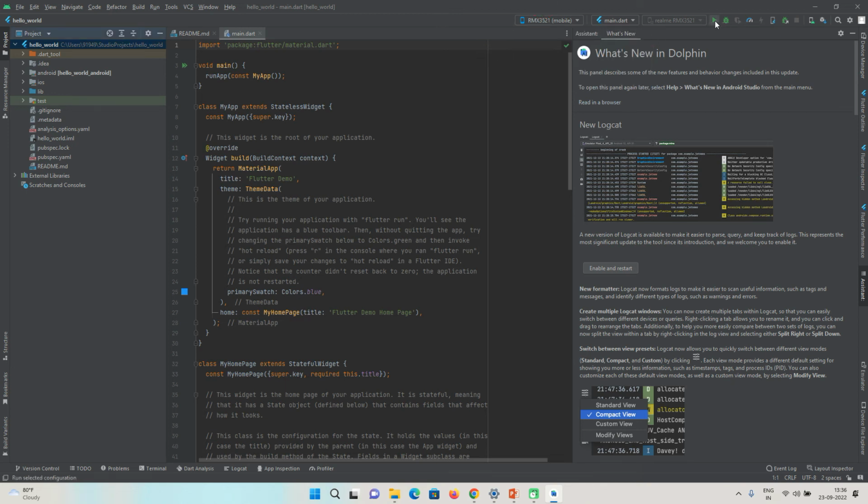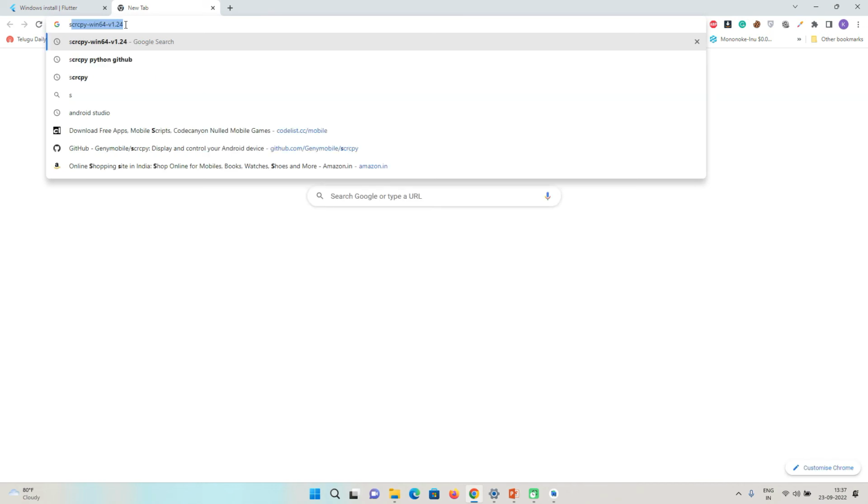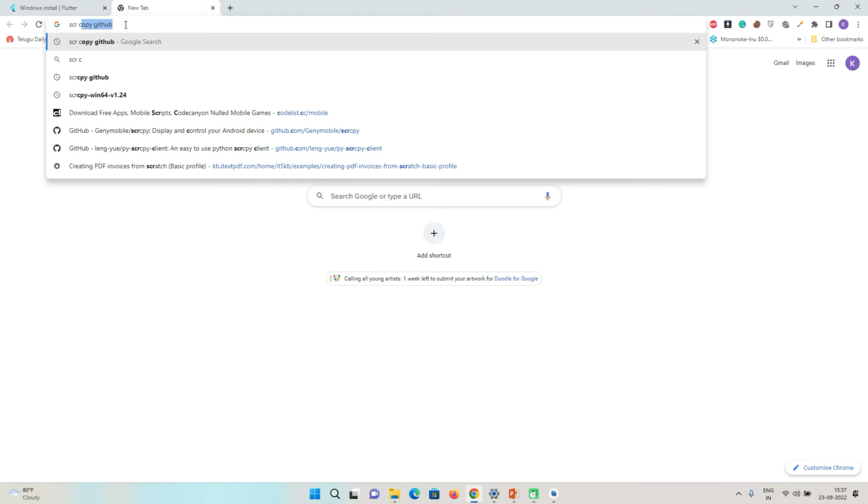So now if we click on the play button here, this project will be run and our first Flutter app will run on our Android phone. But before going to that, I want to show you one more thing, that is displaying our Android screen on our Windows desktop. For that, just go to Google and type scrcpy GitHub,